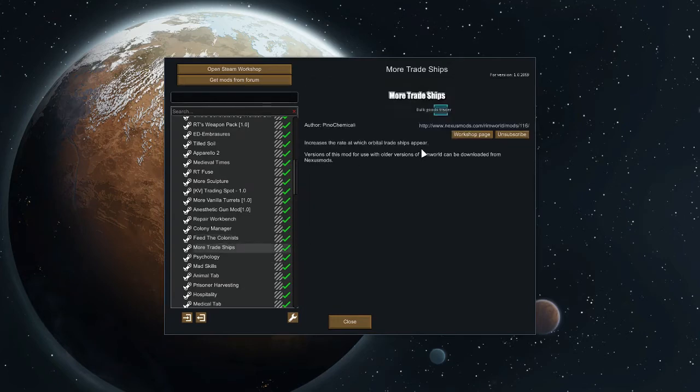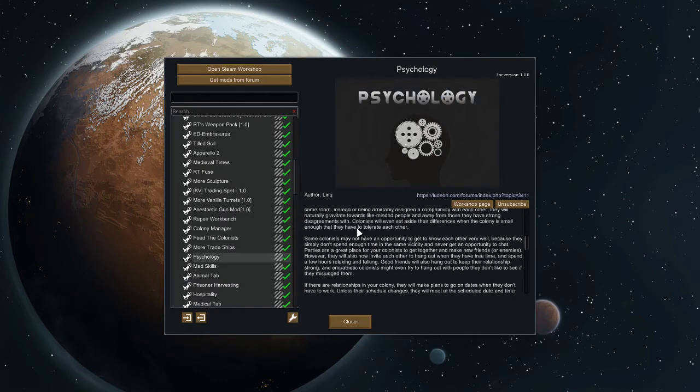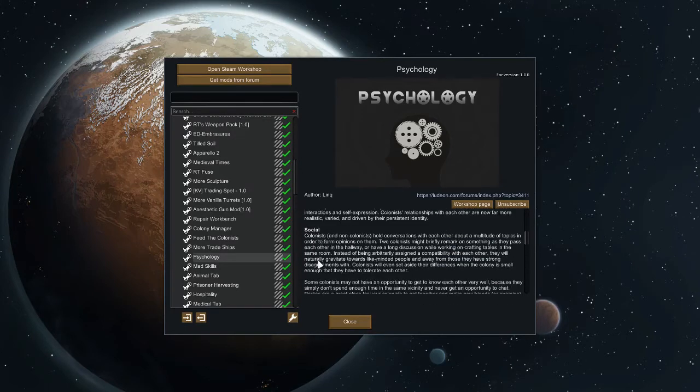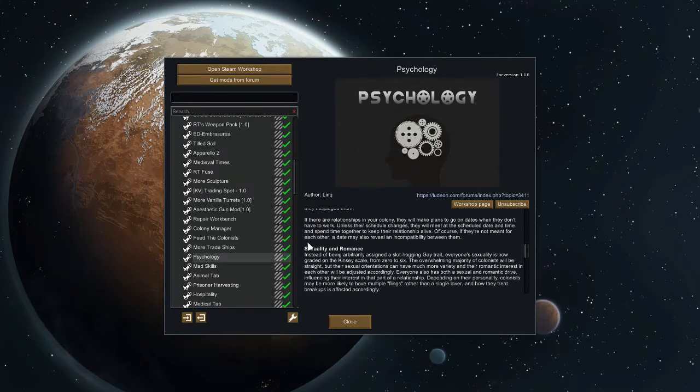More trade chips, does what it says on the tin, just increases the rate that trade chips appear. Psychology is an excellent overhaul mod that changes a lot of things. Adds mayors to the town, or overhauls how the social system works, adds a psyche, and sexuality and romance, don't really care about that. I do like that they got rid of the gay trait and replaced it with the